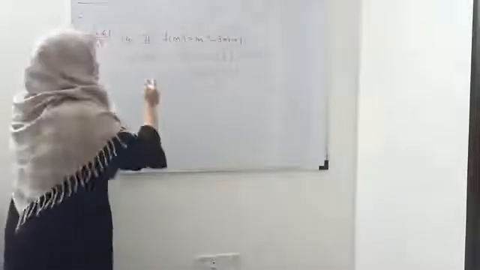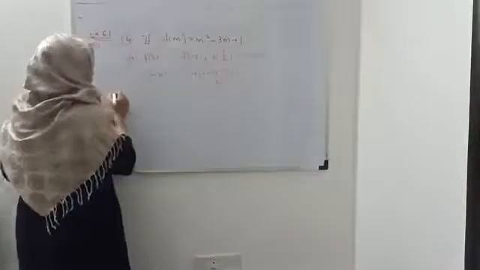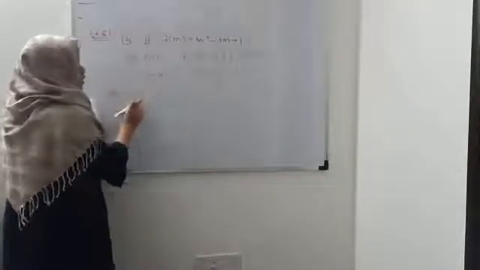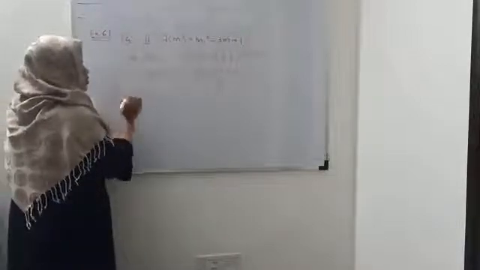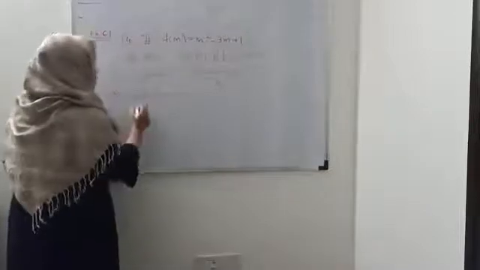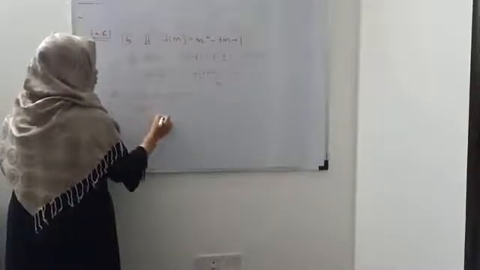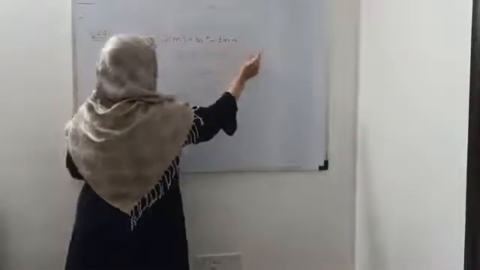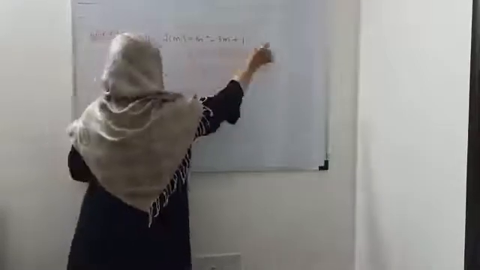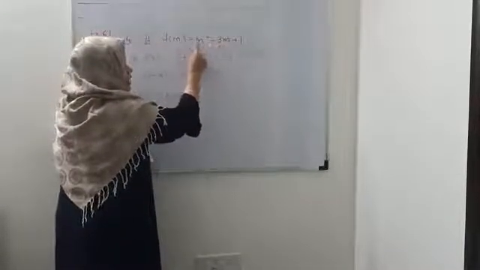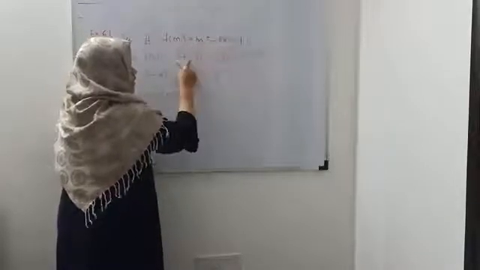So first, f of 0. Just simply put 0 instead of m. So it will be 0 minus 3 into 0 plus 1, so the answer will be 1. f of 0 will be 1. Okay, so minus 3, half, and the others: you do these at home. Just put minus 3 in this equation: minus 3 square, minus 3 into minus 3, plus 1. You will get the answer.